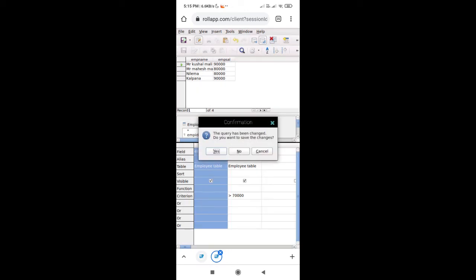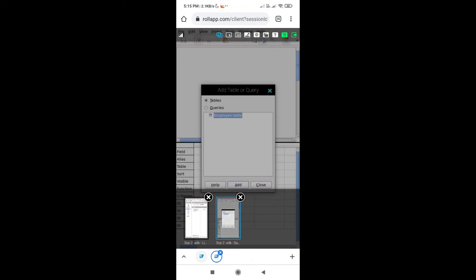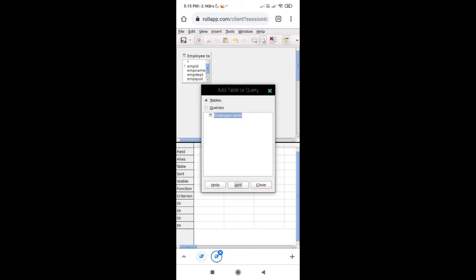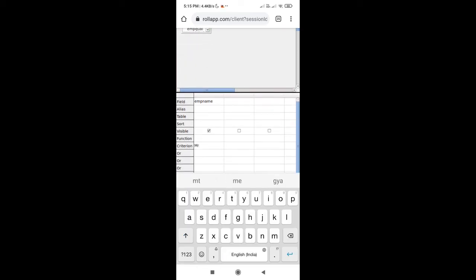As it is not getting cancelled, you can just go back, say no to save changes, and again click on create query and select add the table, close this, and in the field select the employee name and write the criteria as Mr. Suhas Kale.